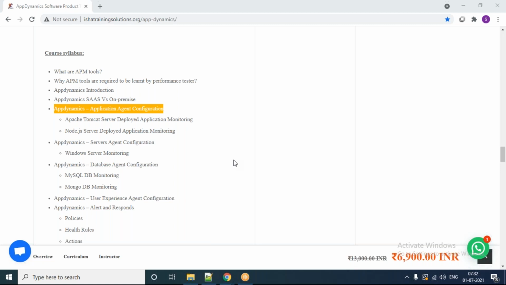These agents are going to collect data, and they are going to provide you very detailed information. Unlike your CloudWatch or your inbuilt monitoring tool, which will only give you high level infrastructure data alone, not the detailed information.